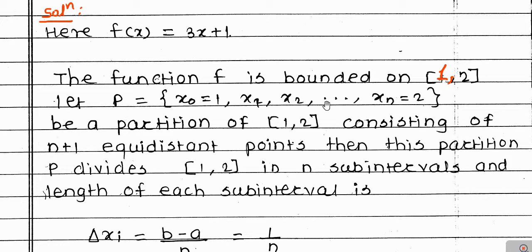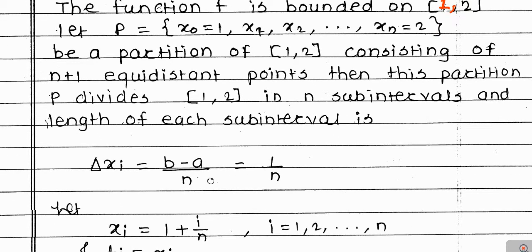Let P, which is this set, be a partition of the closed interval 1 to 2 consisting of n plus 1 equidistant points. Okay, here we are considering equidistant points in this partition. If we consider equidistant points, then it will be convenient for solving this example. So therefore we are considering equidistant points. Then this partition P divides the closed interval 1 to 2 into n subintervals, and as the points are equidistant, the length of each subinterval will be equal, and the length of each subinterval is